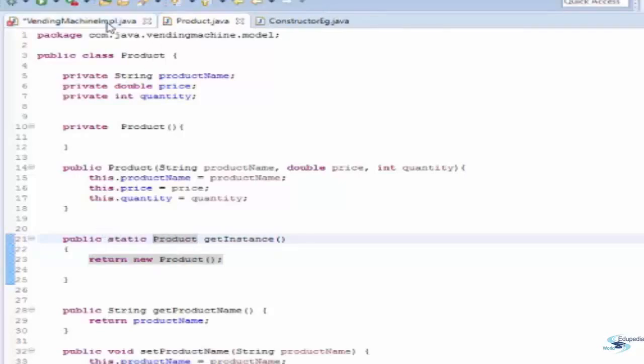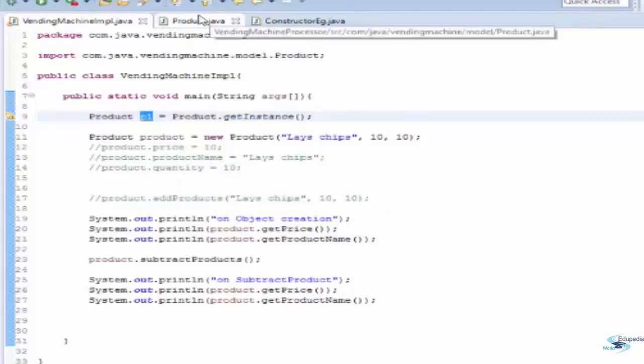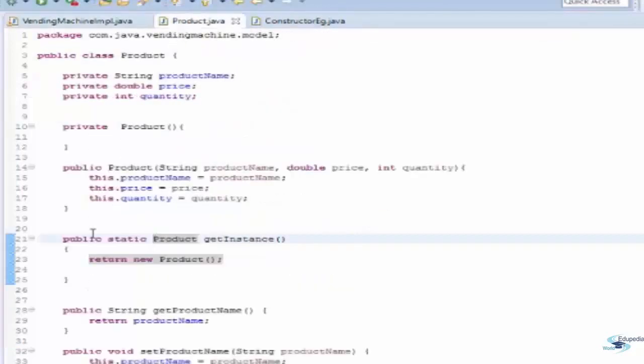So now I can directly call this method getInstance by using the class name. So you can see I'm not creating an object of this class, rather I'm just calling this method by using the class name, and this will return me an object p1 without initiating any values. So this is how a private constructor can be useful. So whenever you want to hide your class from creating a new object and you do not want to give access directly to any other class by creating an object just using new, you can do this getInstance, and it is highly used in the singleton pattern.